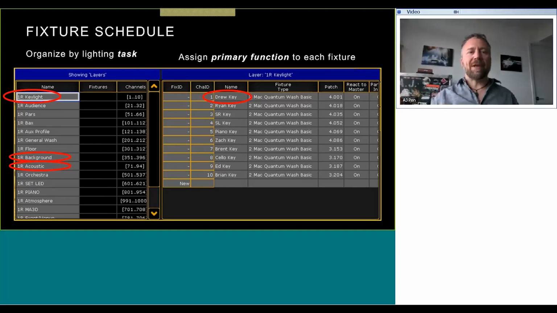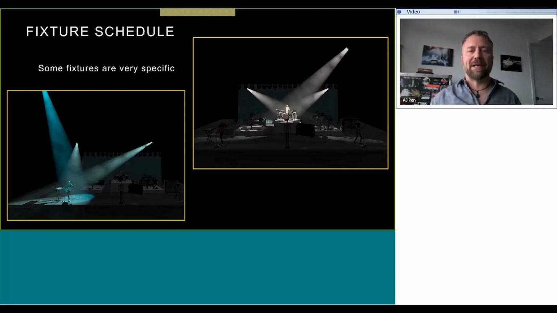So some fixtures are very specific in their tasks. These two examples are lighting up my guys. They each have a front light and 2 back lights. Now, do those lights have to move? The front light might be replaced with a no-color LECO if that's all you have. Could you replace the backlight with an LED par? Well, in this case, my backlights do move in the show, but if they didn't, then the performers would still have backlight at the appropriate times. You could turn some of these moving lights into just LED pars if that's all you had.